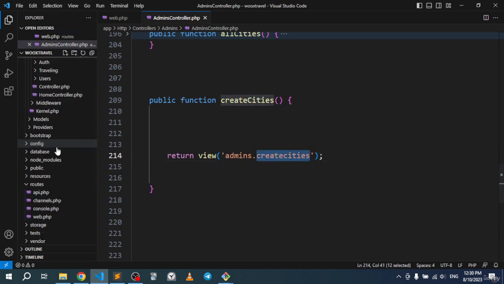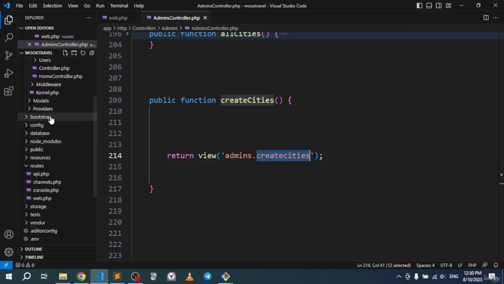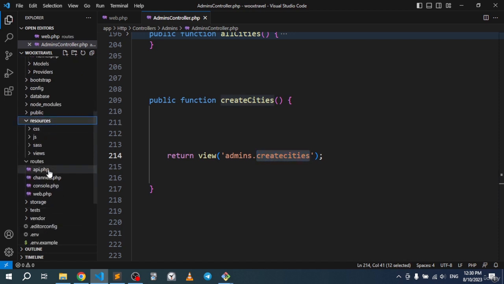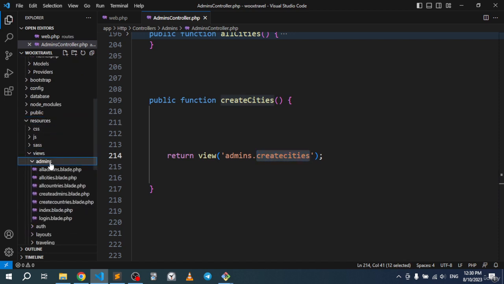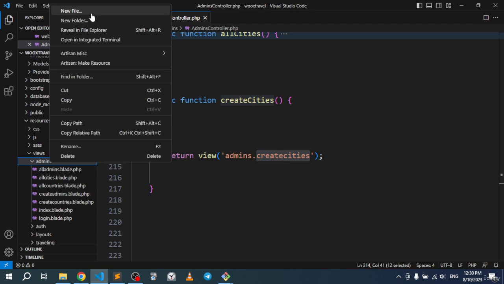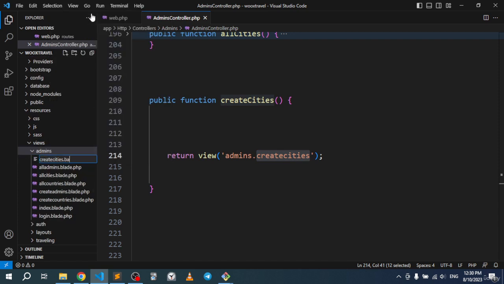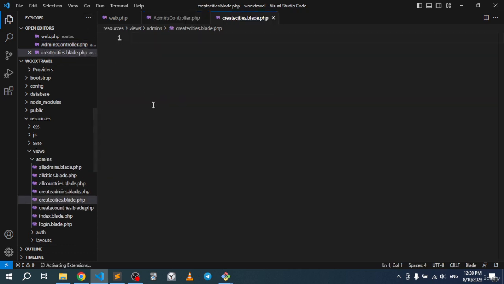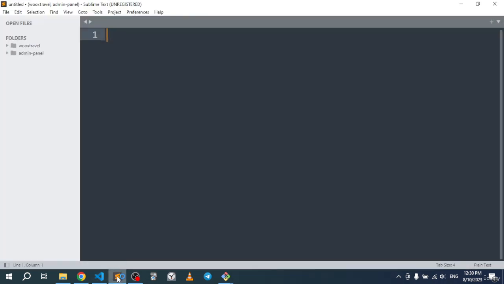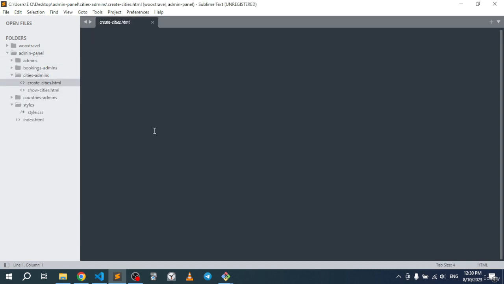Let's copy this. Let me see. If we go to resources and if we go to views, we go to admins. Let's create this by .blade.php like that. All right. So what I want to do next is I want to grab my form. So if I go to cities-admins and if I go to create-cities right here,